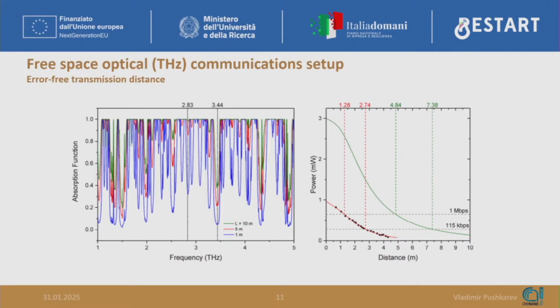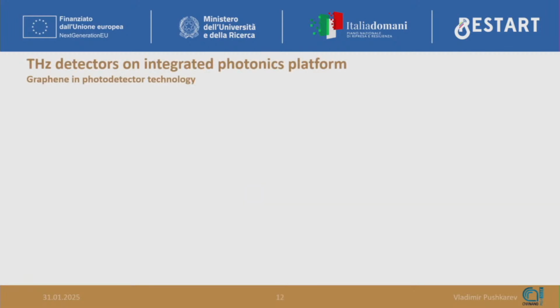Now, if we choose a favorable transparency window, for example 3.44 terahertz as suggested by the absorption function, then with the reported QCL laser in this range of 3 milliwatt, using this model, we could predict the distance of 5 and 7 meters respectively. So it is obvious that graphene-based efficient receivers are a key element not just in our system but in many telecommunication applications, and that is